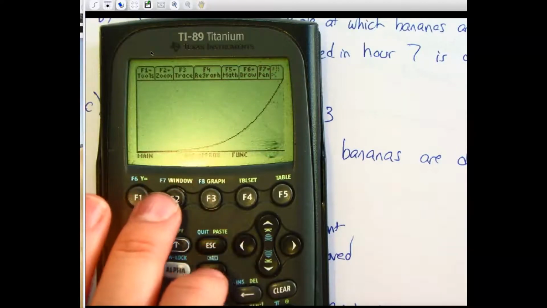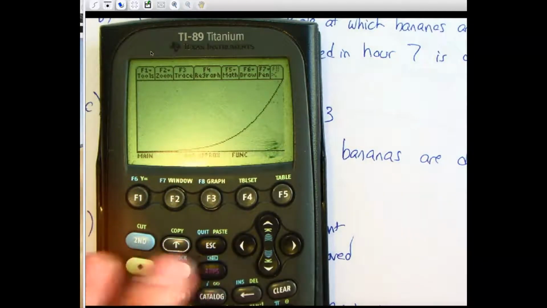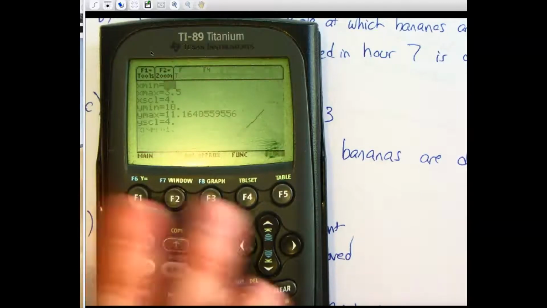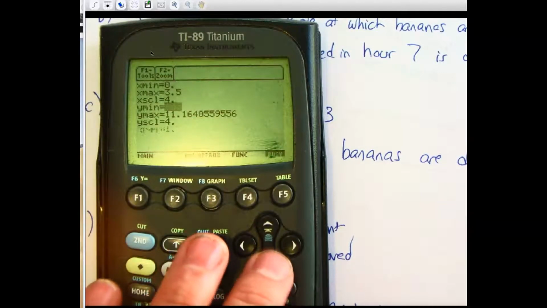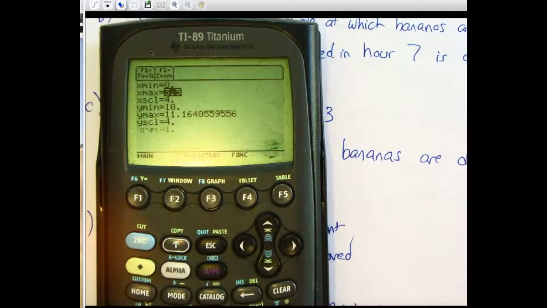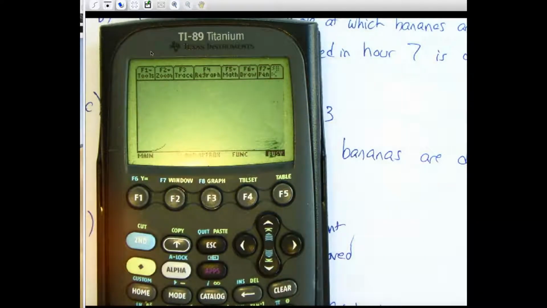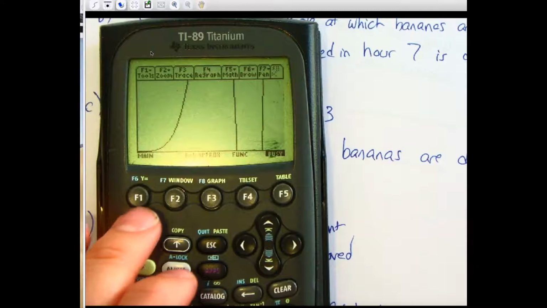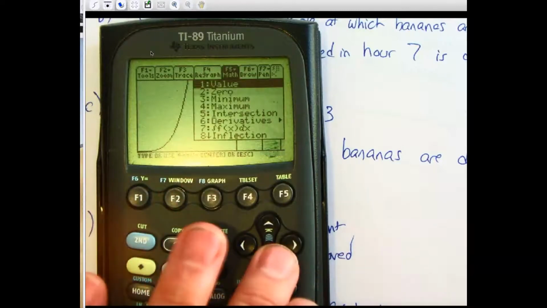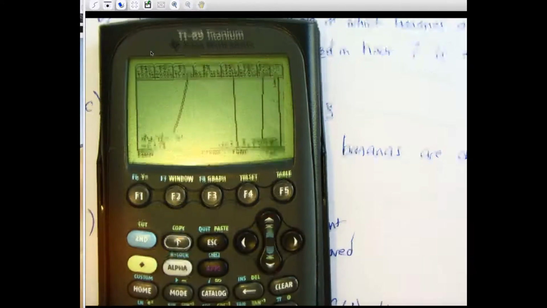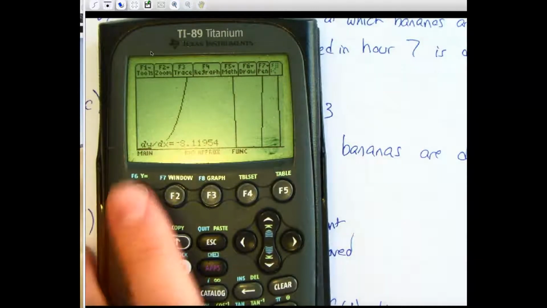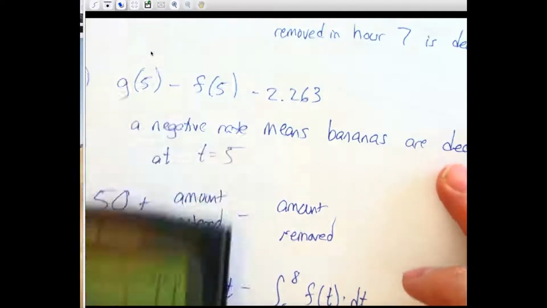Apparently that's outside of their range. So I'm going to go to the window, and I'm going to make my x go from 0 to 10 instead of 0 to 7. And then graph it again. And we might need to change the y values here too, because it needs to see the graph for some reason, even though, okay, no, we don't need to. So if I type in 7 now, I get negative